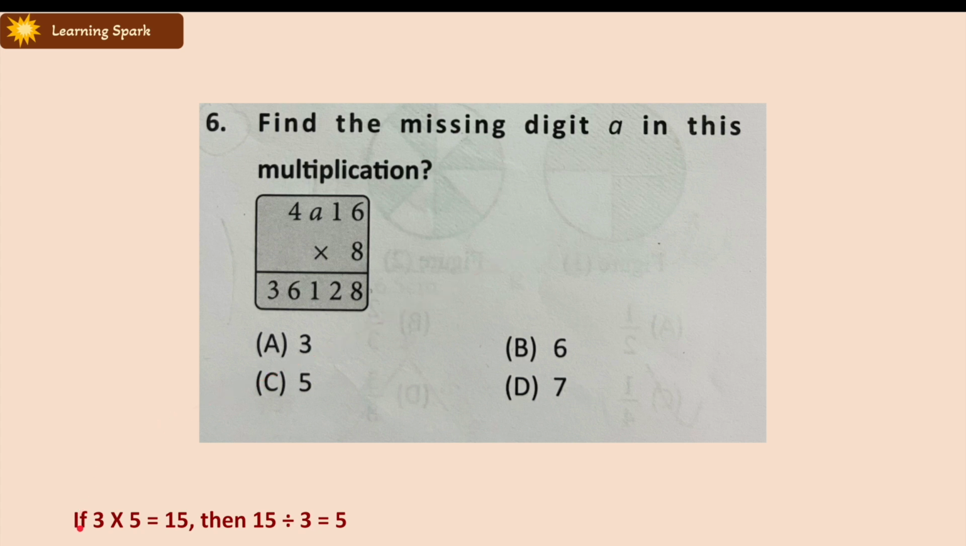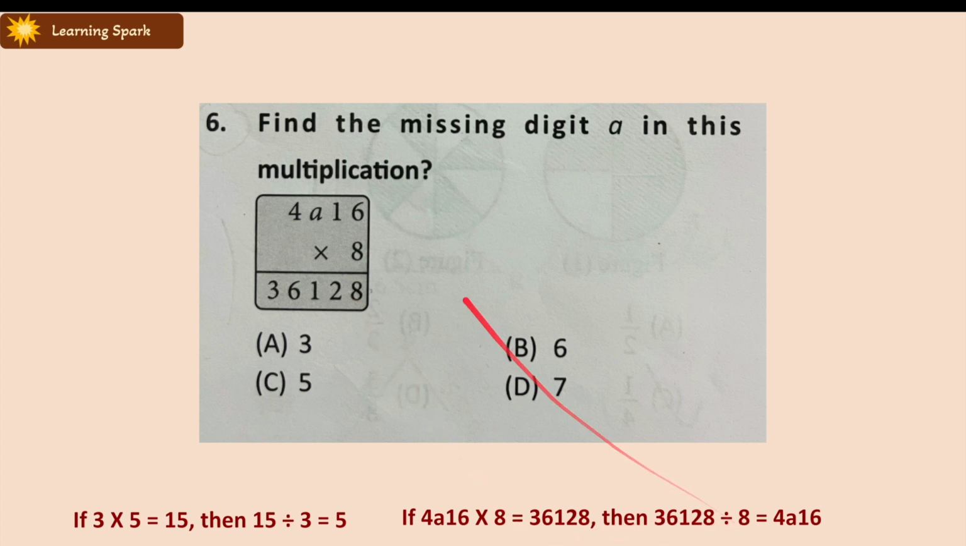So if 3 into 5 equals 15, then 15 by 3 equals 5, right? If two numbers are multiplied to get another number, then the result can be divided by any one of these numbers to get the other number, which means that 15 by 5 equals 3 and 15 by 3 equals 5. Okay, so by this same logic, if this number 4A16 is multiplied by 8 to get 36128,